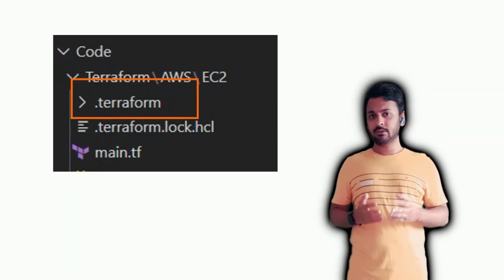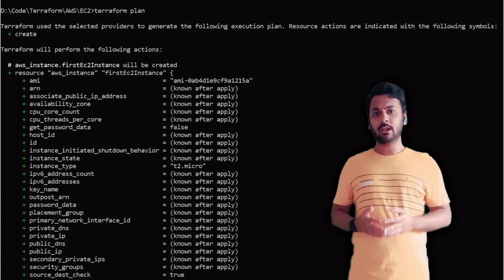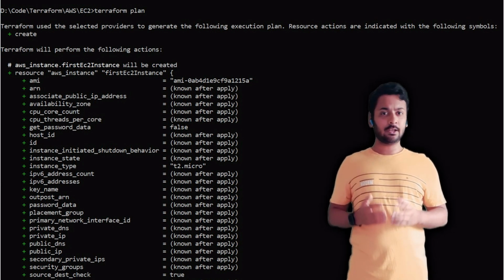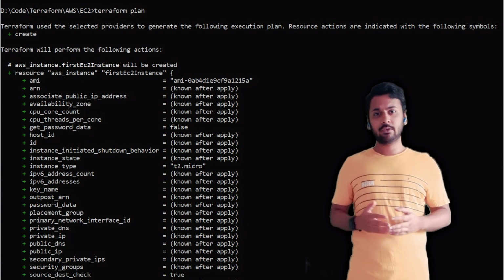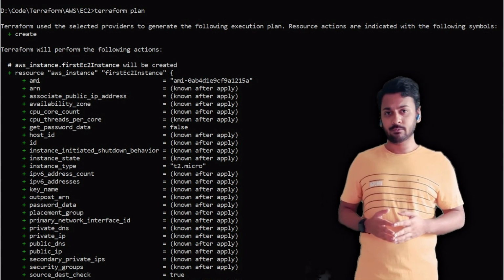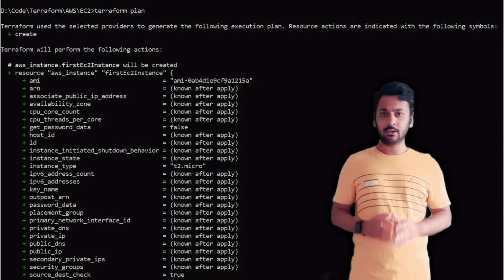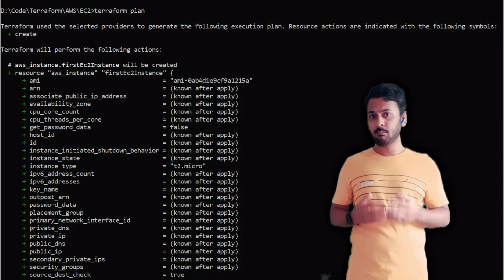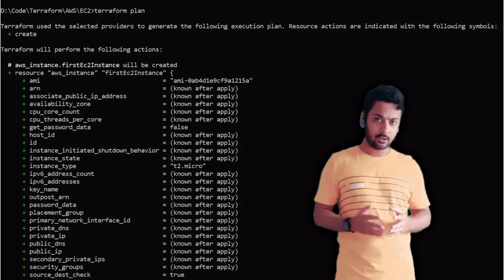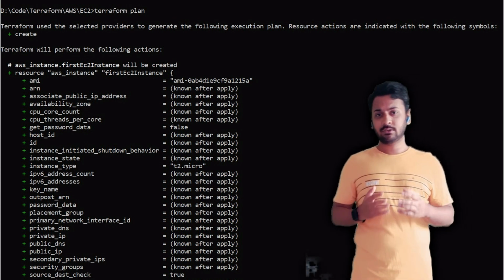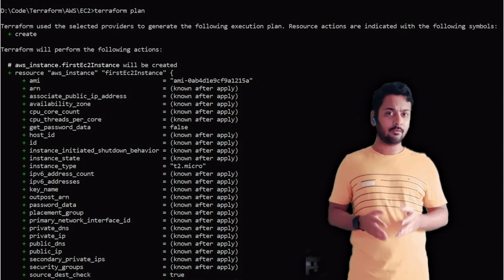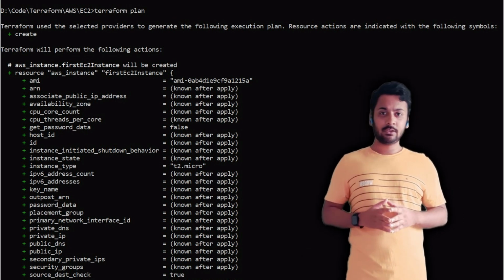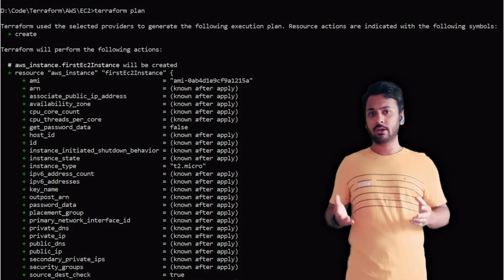After the initialization is complete, you can run Terraform plan, which will create an execution plan for you. The plan command itself won't execute the changes which you have proposed. This will just create an execution plan so that you can match it with your requirement and make sure the changes which Terraform is going to make are based on your requirement. You can also share these changes across your team for broader reviews.